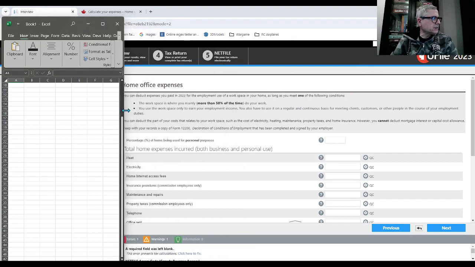I believe in good record keeping, and Excel is a great place to start for record keeping and making sure that the amounts you collected and added up with your receipts ultimately jive with what you enter in UFile. So let's keep a hypothetical record. They asked me for heat, and they asked me for electricity, home internet.